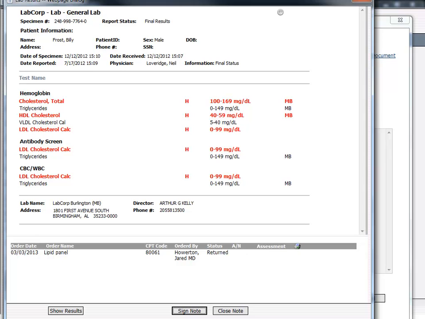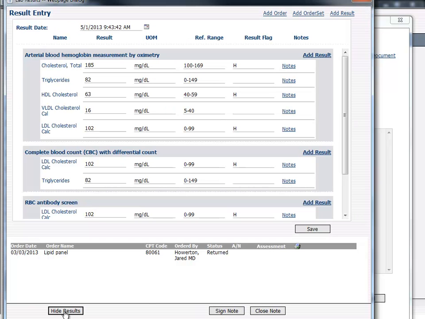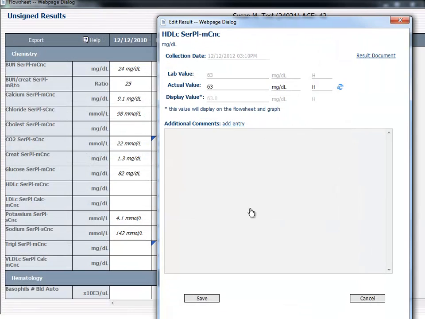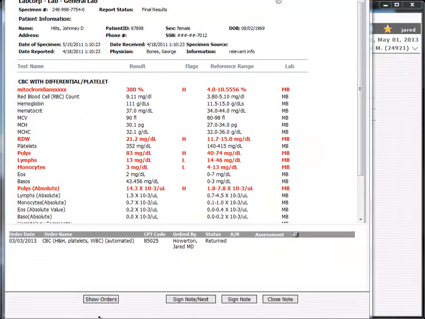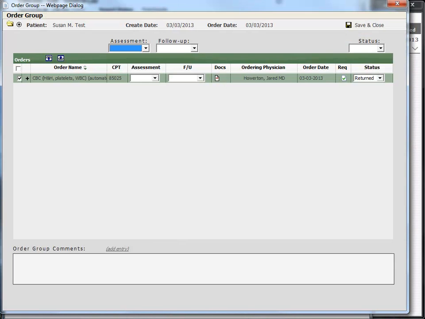Let's talk about the options at the bottom. Show Results gives you a different view of the data listed out by results description. Next, you can sign or close the note. If you're signing the document from this area, it will also drop off of your unsigned documents list on your desktop. Show Orders will open up a link to the order detail and allow you to take any needed actions